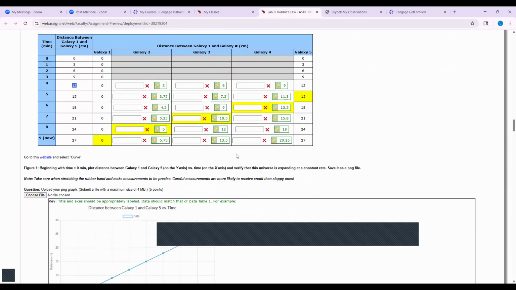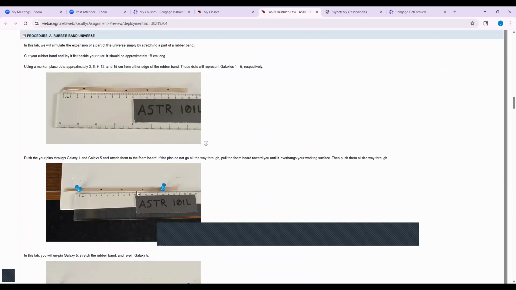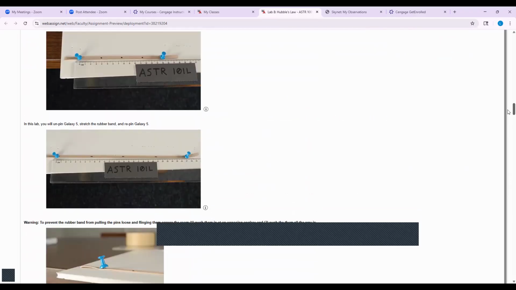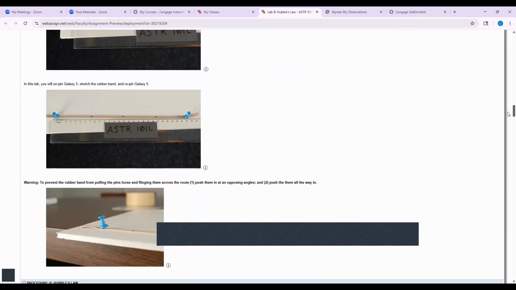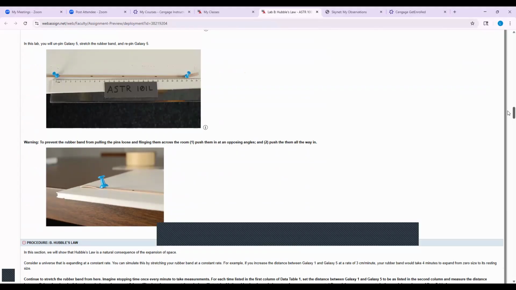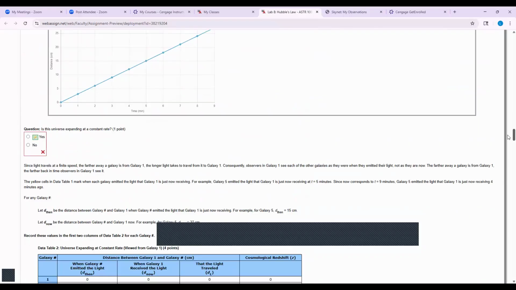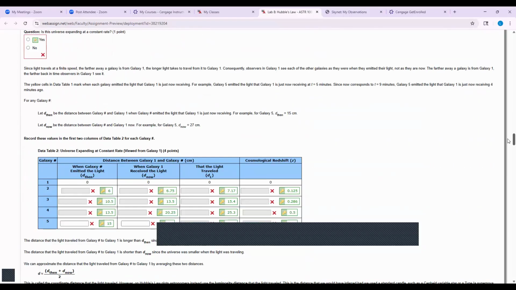But two things are important to consider here. One is that when you are modeling this universe expanding, originally it was like that, and then gradually expanding at a constant rate, it means that the distances between each point are changing with time, 1 minute, 1 minute, and then the things that we're going to use here, that's very important, is going to show on this